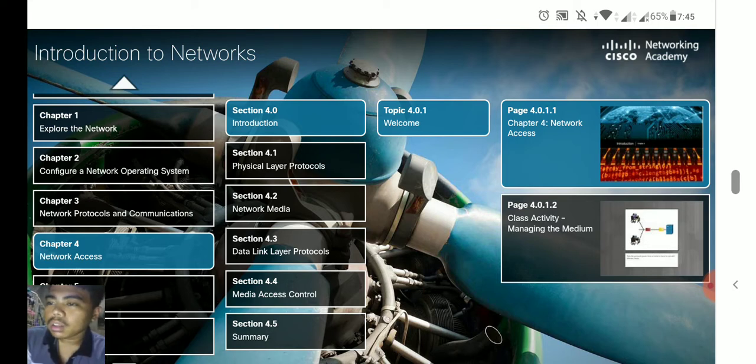Then Ethernet crossover: one end is T568A, the other end is T568B, using those two at both ends. Then we have the rollover or the Cisco proprietary, which connects a workstation serial port to a router console port using an adapter. Then we have here the testing of UTP cables. We have the testing parameters: wire map, cable length, signal loss due to attenuation,